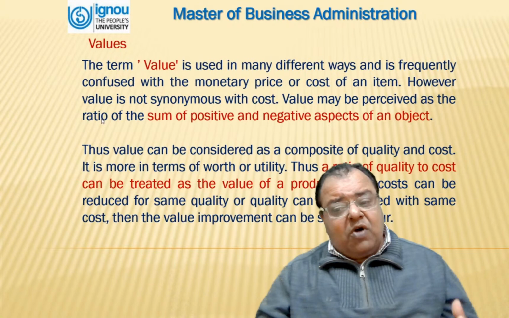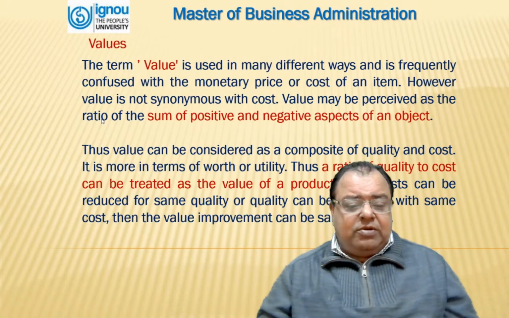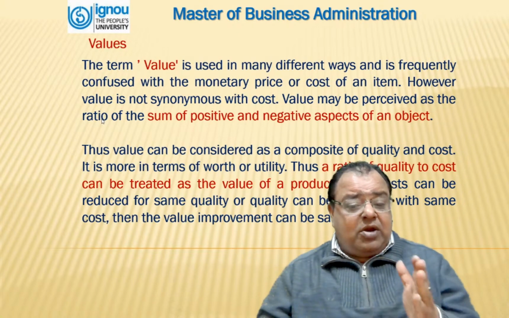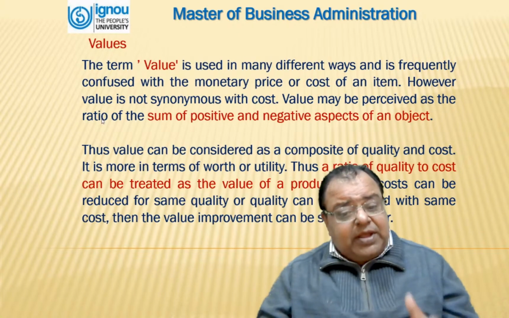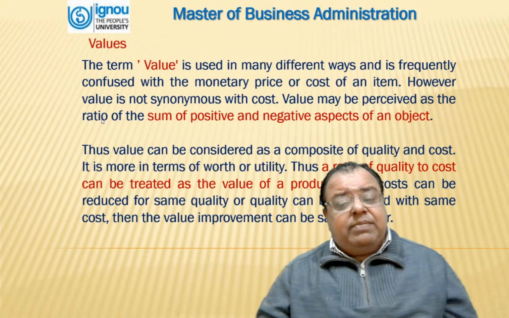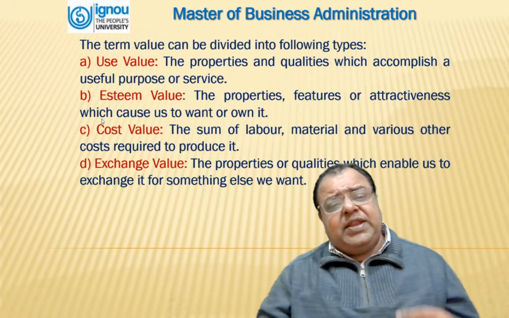Thus, a ratio of quality to cost can be treated as the value of the product. If its cost can be reduced for some quality, or quality can be improved with some cost, then the value improvement can be said to occur. The term value can be divided into